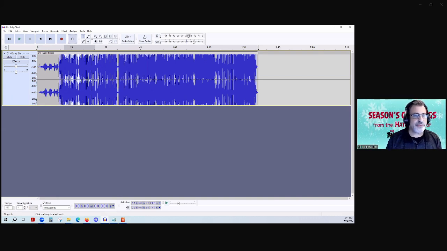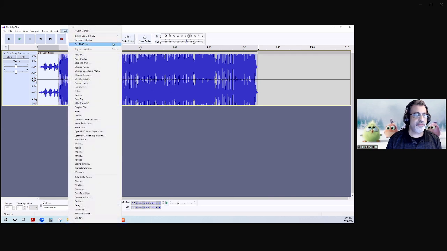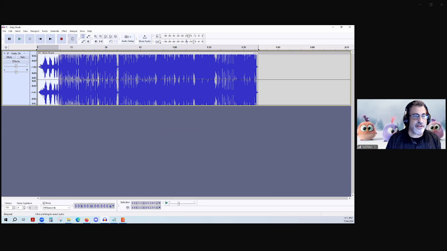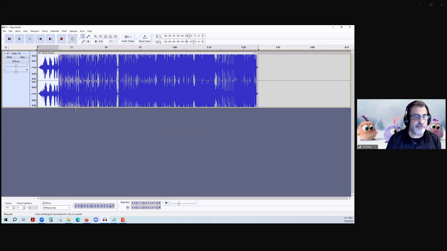If I want to increase this audio, the best way is to select it and go into my effects panel. These are some of the tools that most people are going to use. We'll use Amplify first. Now, if I say peak amplitude at 0, that is going to make it equal to the top here. Let me make this a little bigger.